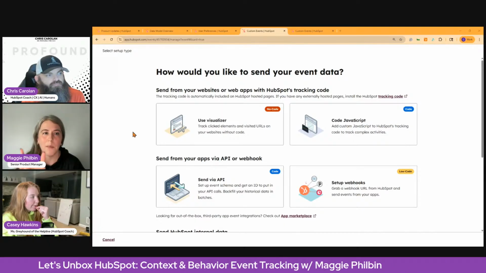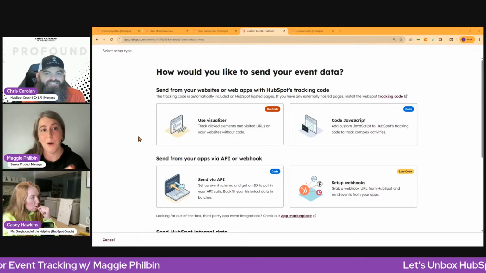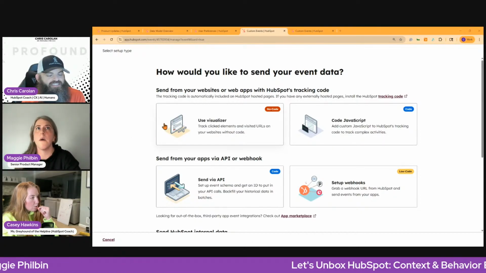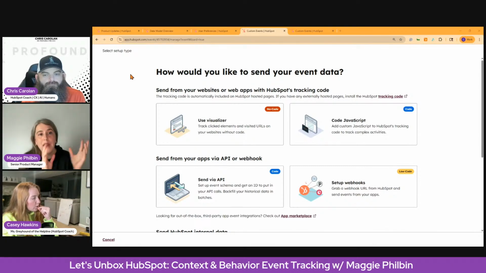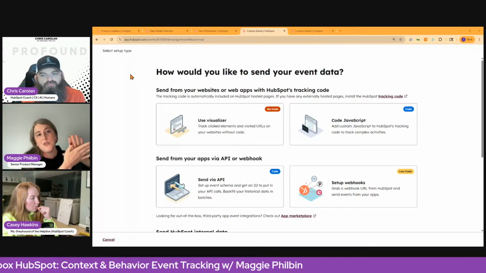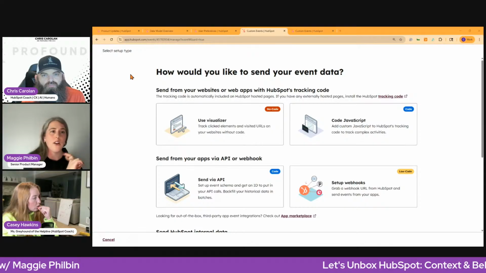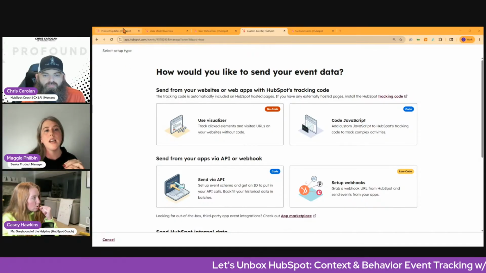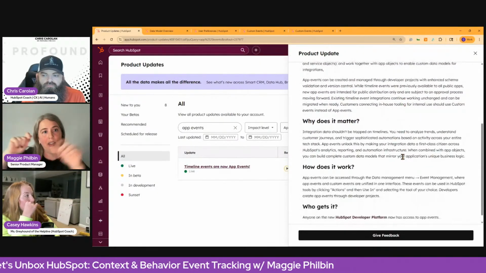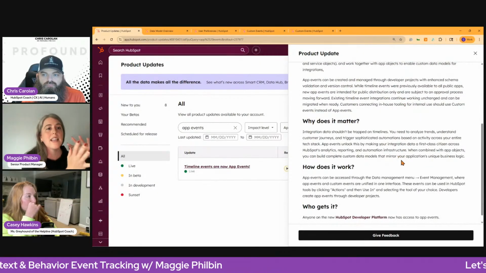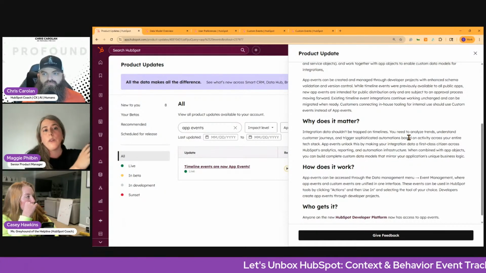I know that last line in the product update got an eyebrow raise: these are intended for public distribution only. That was for partners and for folks who were using them pre-Inbound for just their individual businesses. What that means is if I'm a partner, a third party like a SaaS company, and I want to build an app which sends data to my customers' HubSpot instances, that's what app events are for. And everything from the experience to the limits is structured for that third-party-only use case.